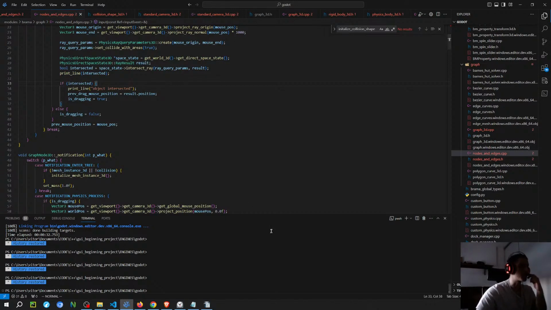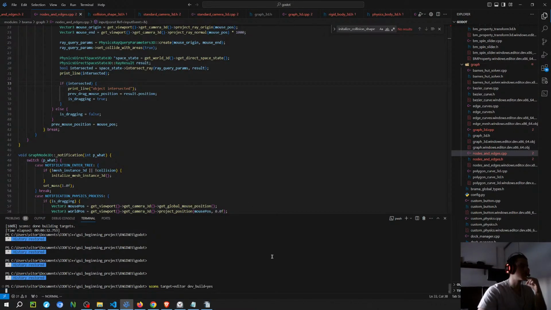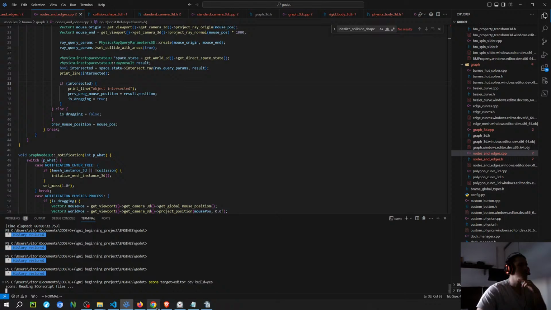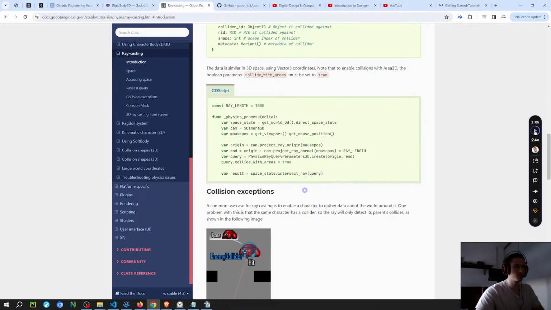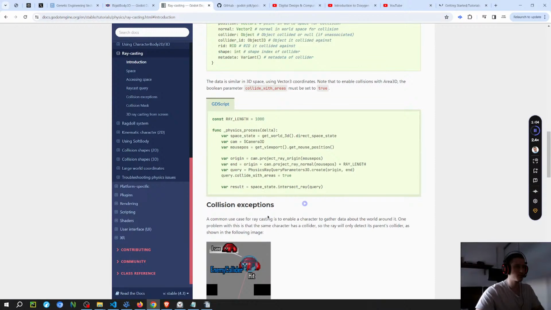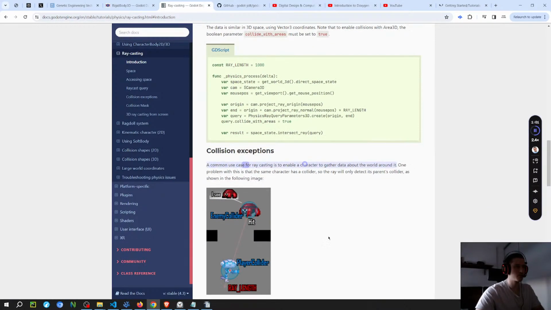Let's see if this compiles. var origin equal to cam.project_ray_origin(mouse_pos). var end equal to origin plus cam.project_ray_normal(mouse_pos) times ray_length. var query. A common use case for ray casting is to enable a character to gather data about the